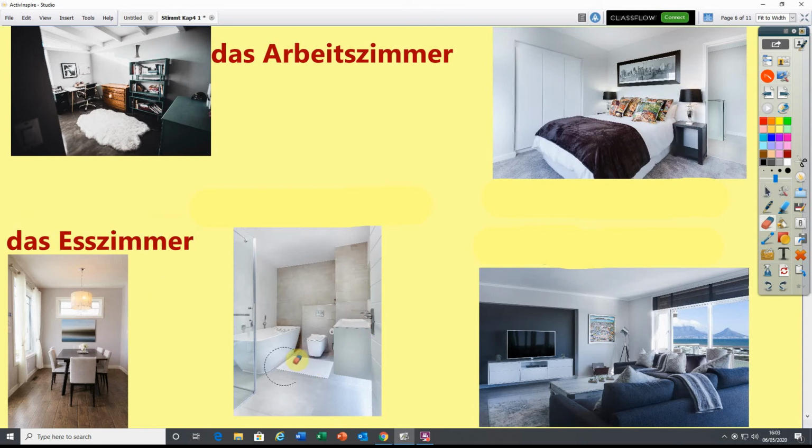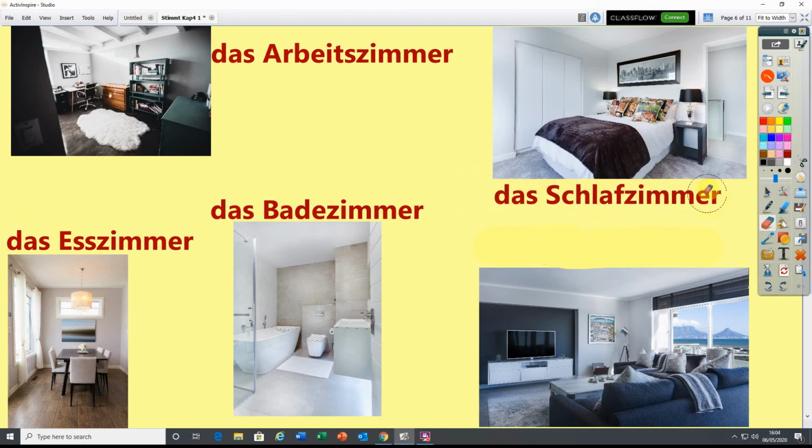Und hier, was ist das? Das ist das Badezimmer. Das Badezimmer. Und was ist das hier? Das ist das Schlafzimmer. Das Schlafzimmer. Und das letzte Zimmer hier, was ist das hier? Das ist das Wohnzimmer. Das Wohnzimmer. Okay, now hopefully it should be clear why I put the previous 2 on the previous page